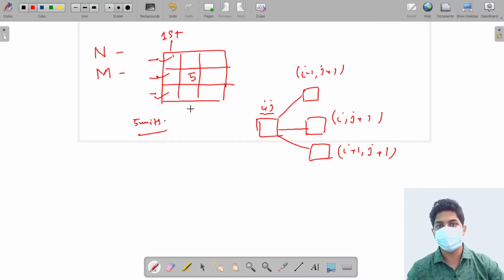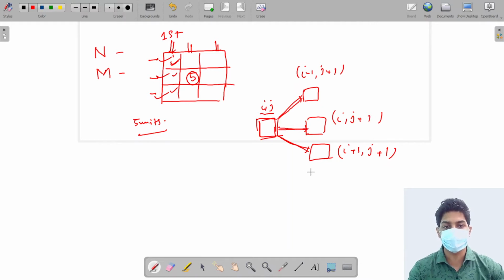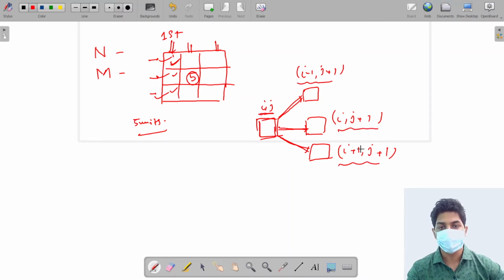And we can start from anywhere in the first column. It is not possible that we will start digging from the second column or from the third column. We have to start digging from the first column only. But we can start from any cell in the first column. And if we are at any cell i comma j, then we are allowed to move only to these three cells. That is, one cell upwards, one cell in the horizontal direction, and one cell downwards, each also shifted horizontally by 1 unit. So if we are at i comma j, then we can move to only these three coordinates. Now we have to find the maximum gold that we can collect in this grid.